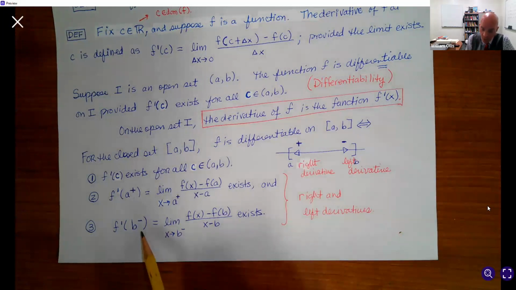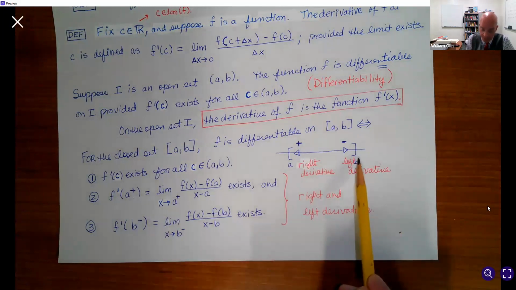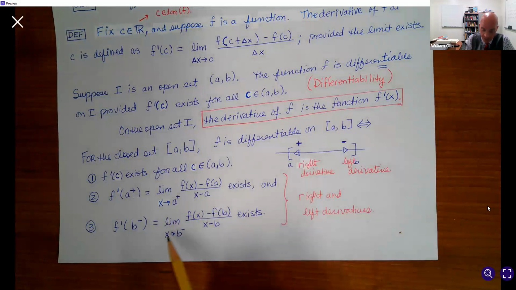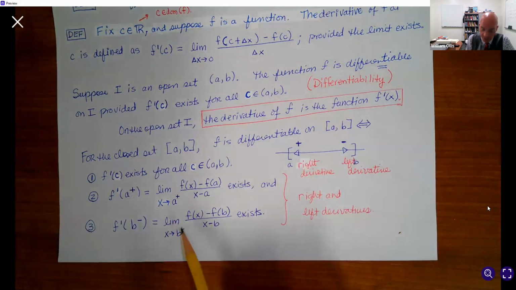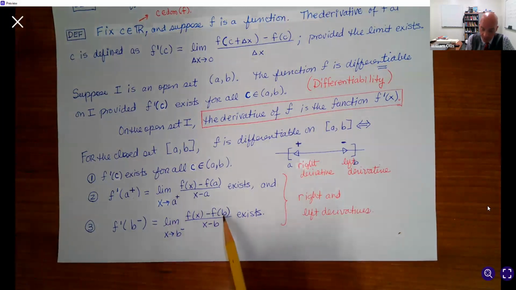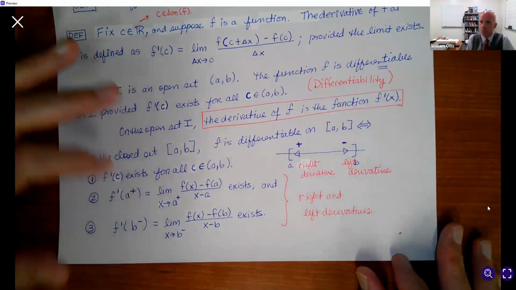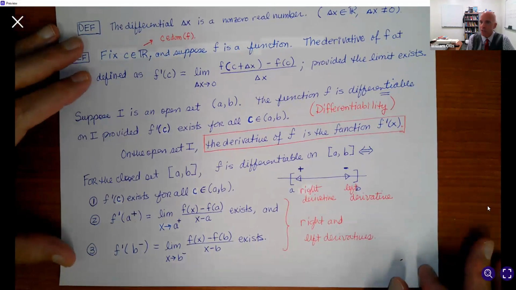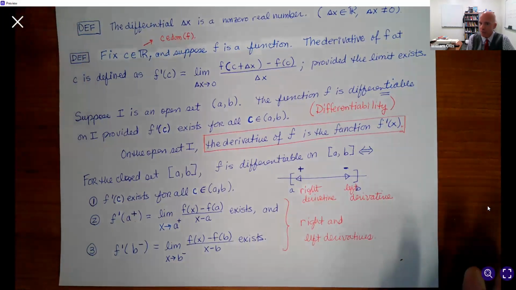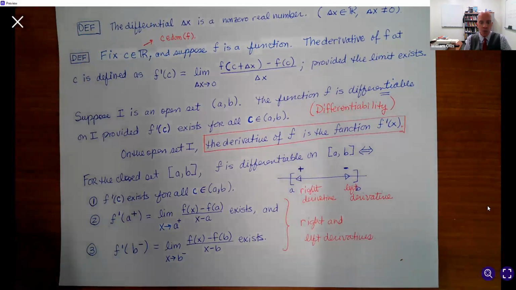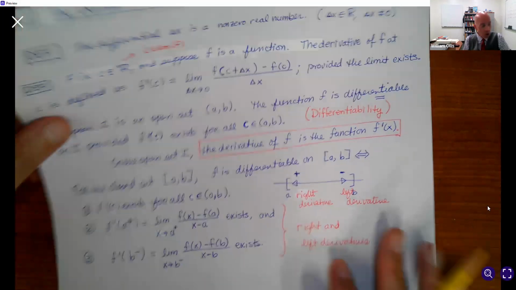And then, of course, for the left derivative existing, we just have the limit as x approaches b from the left of f of x minus f of b divided by x minus b. So these may be simple calculations depending on the nature of the function f, okay? So what I want to do before we actually start talking about continuity and how it actually relates to differentiability,